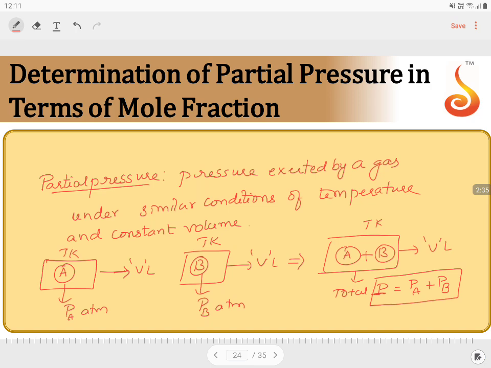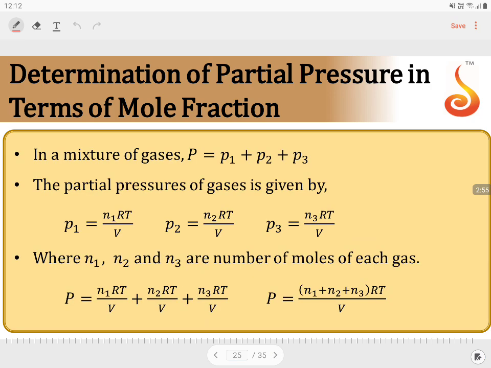This is Dalton's law. So according to Dalton's law, the gas occupying the entire volume of the container alone or gas occupying in the mixture will exert the same pressure. That is the partial pressure of the gas. So taking this into consideration, now how is the mole fraction related to the partial pressure of the gas is what we are going to decide now.